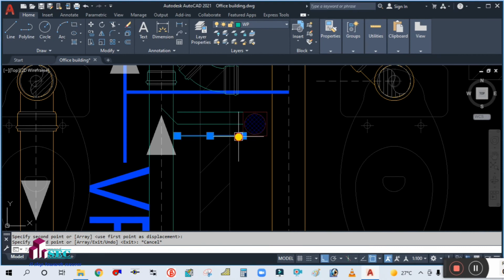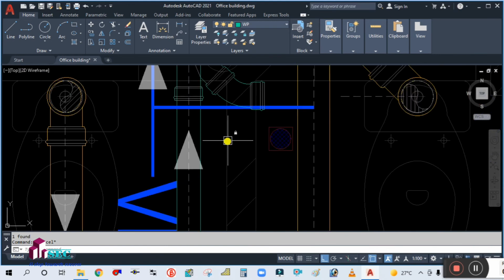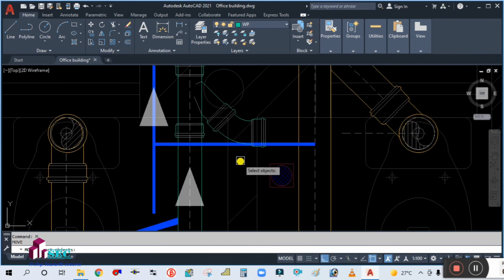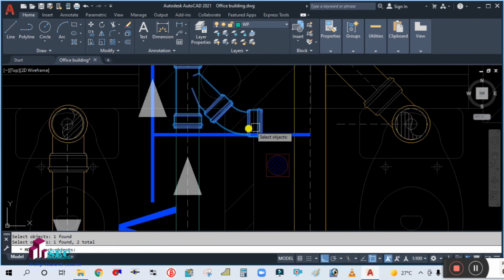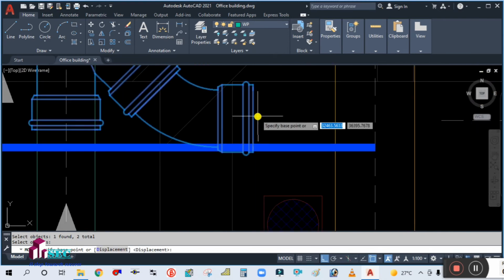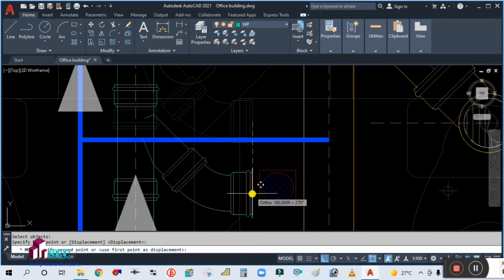Okay, simply erase this one first. Okay, then move, select this and move down,